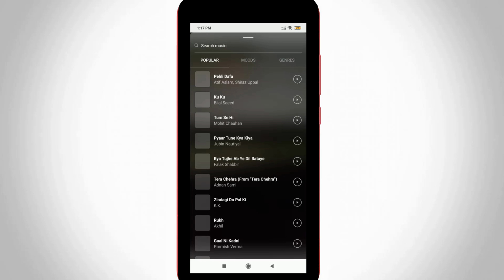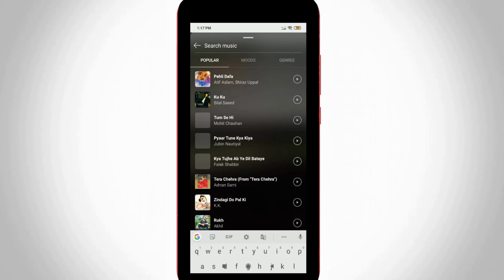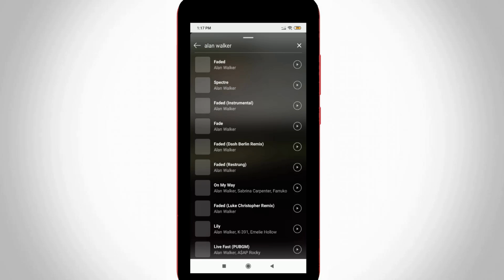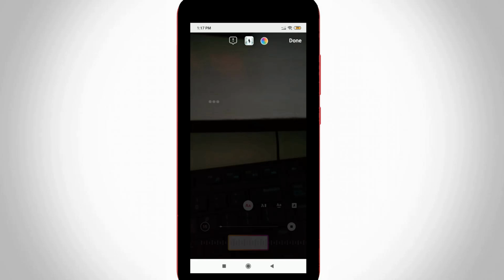Then I try to search for that same music. And this is that music. So finally, here you can see my favorite music is successfully posted on my Instagram story section, and it does not show any error messages. So this is the way you can easily fix all your Instagram music problems by watching my tutorial.